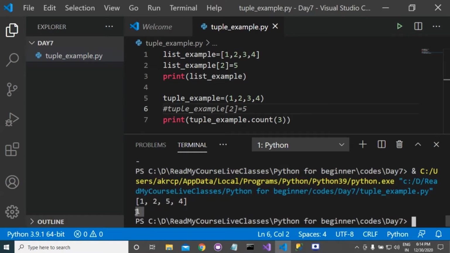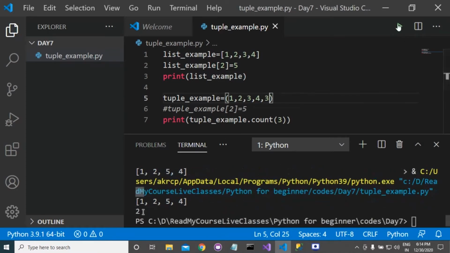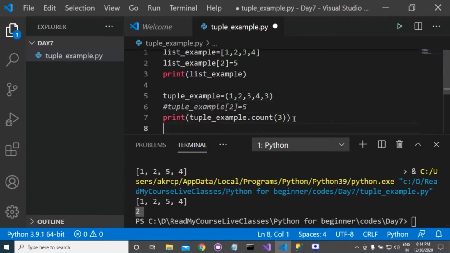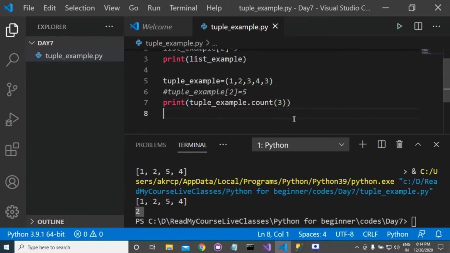It is giving you 1 because 3 is present one time. Suppose I have added 3 again here. Now it will return 2. So you can count the number of times any element is present.